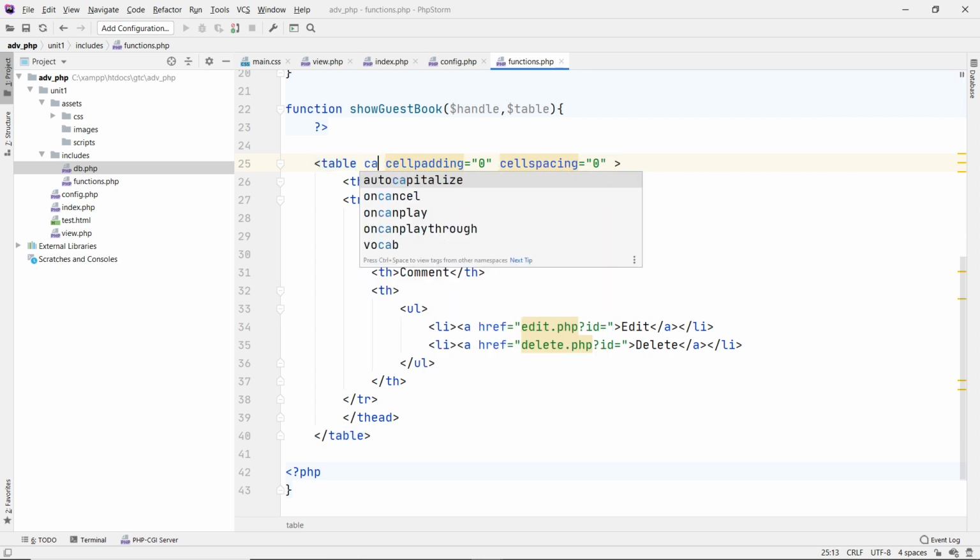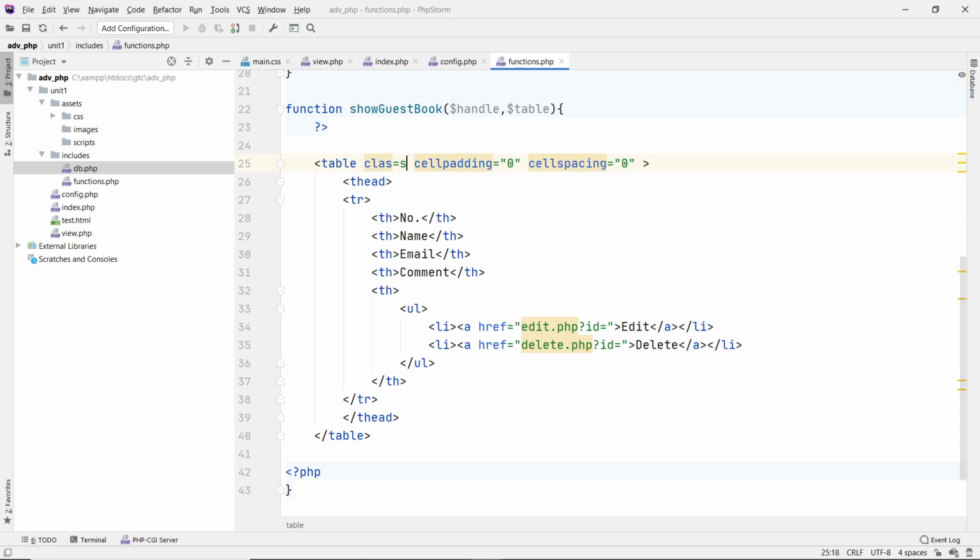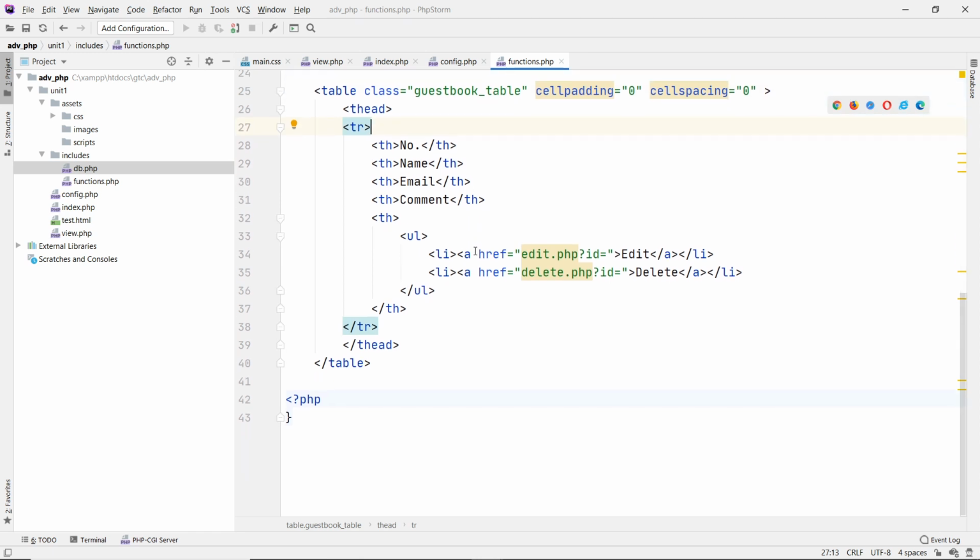Is it name or class? Yeah, I mean class, so I can style it. And I'm just going to call it Guestbook table. I don't know, something like that will be fine. Then down here, when I show the body,